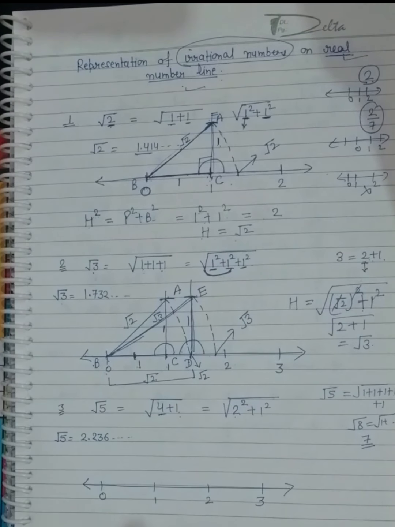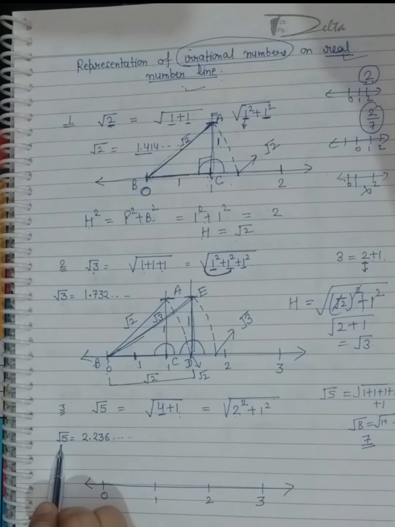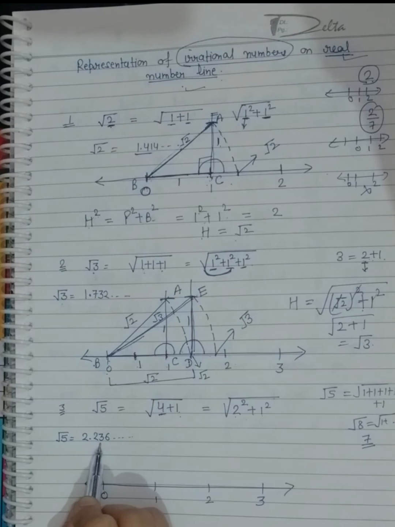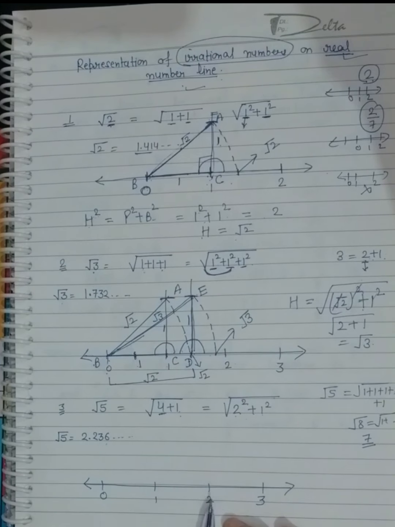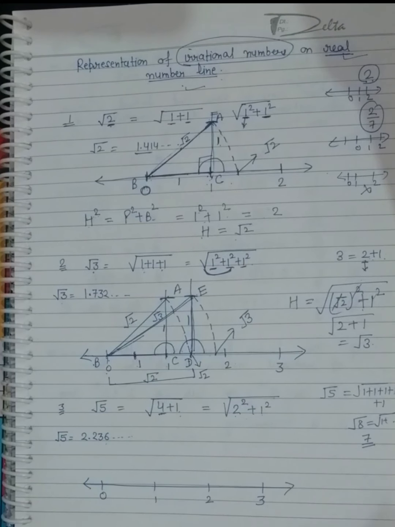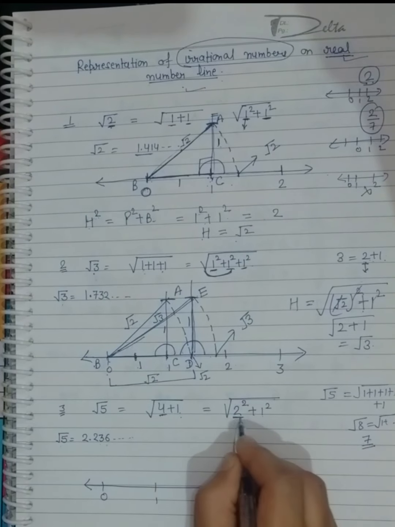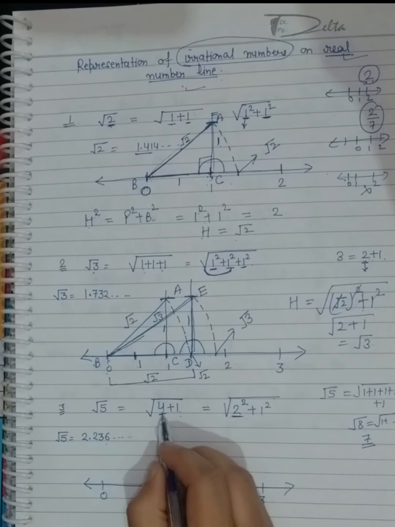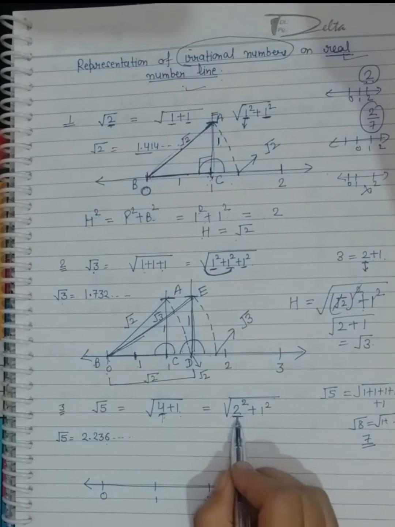It is also right. And the value of root 5 is 2.236. It means its value will be between 2 and 3. So I have taken 0, 1, 2, 3, not 4, 5, 6, because I know that my answer will be in between 2 and 3. So I have taken this. Same, the uniform width we will do in each and every question, whatever the question. Okay, here 2 squared, actually the bigger number we will take first. 2 squared is written here.